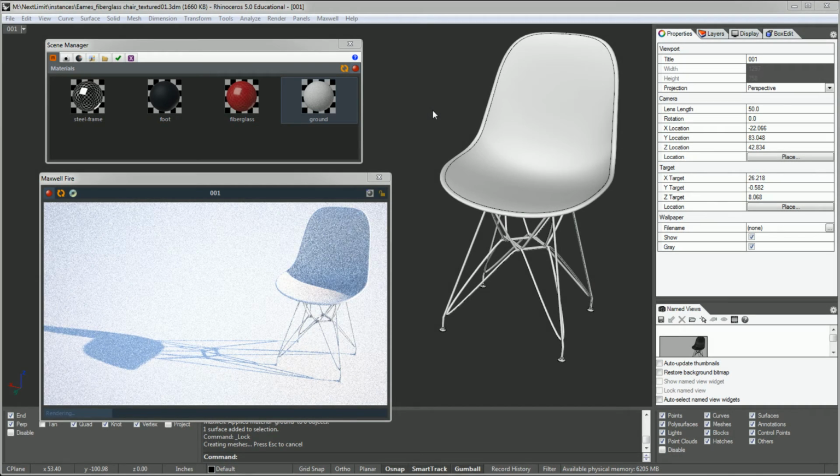Maxwell recognizes all of Rhino's blocks. When pressing the render button, it automatically exports them as Maxwell instances. But the program actually has also its own concept of linking files to an open Rhino project. It's called MXS references. That is the abbreviation of Maxwell's scene references. Using this principle, one can load content types and file formats which natively aren't supported by Rhino as the host